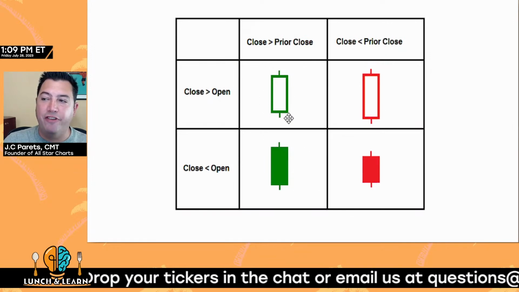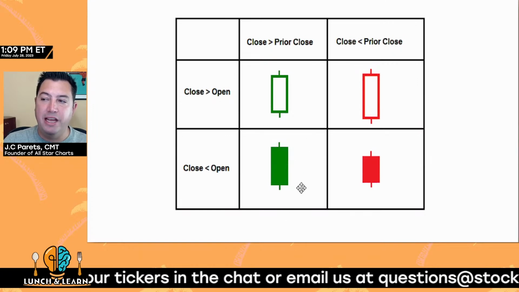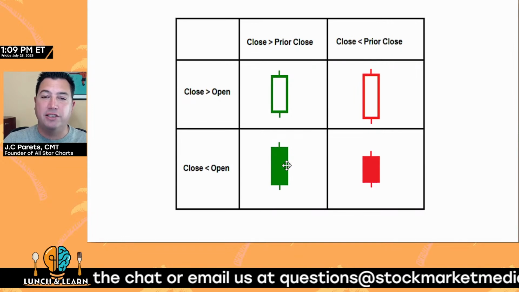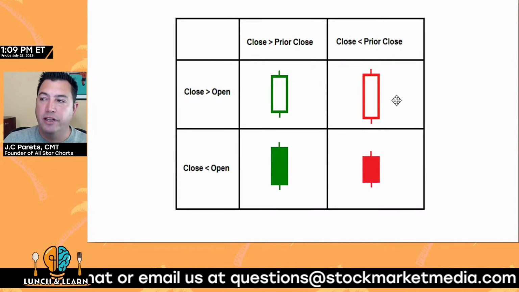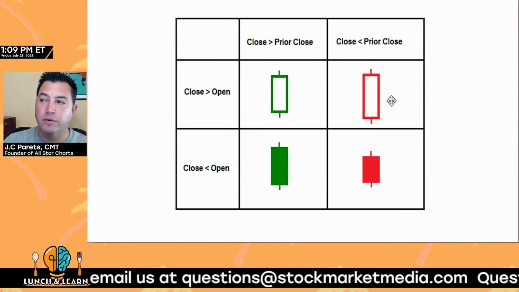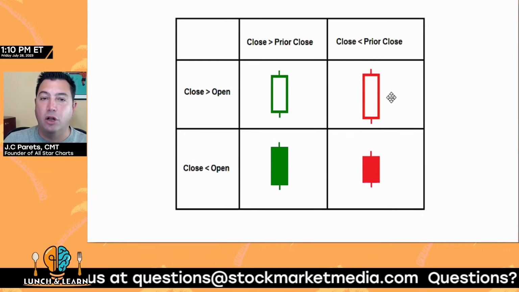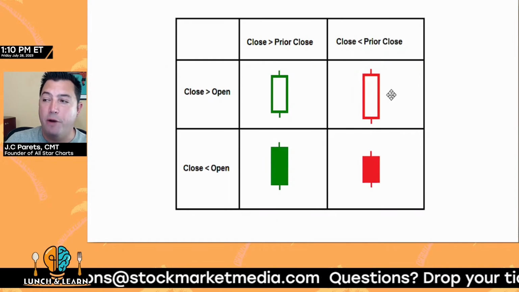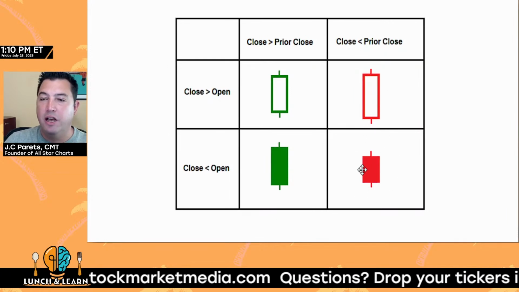Now you got a green filled candle, right? Meaning it closed below the open, that's why it's filled, but it's green because it still closed above the prior period's close. Then you've got a hollow red candle, right? Hollow meaning it closed above the open, red meaning it closed below the prior period's close, and of course, the